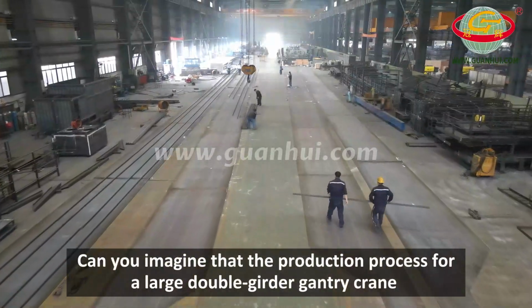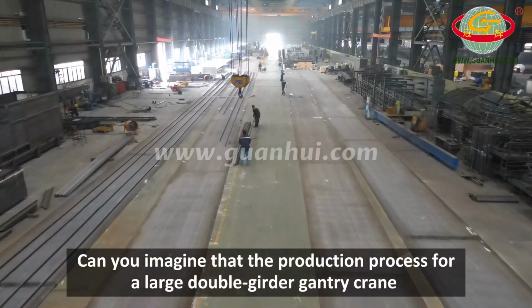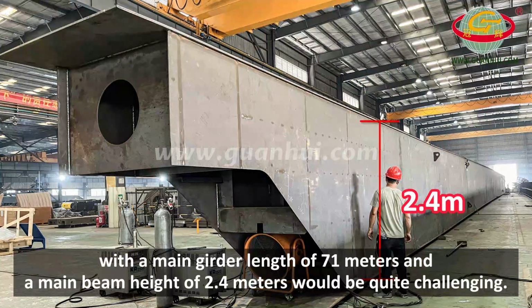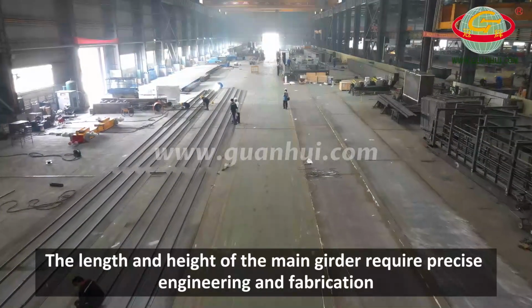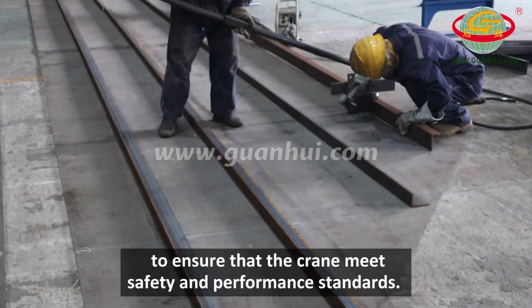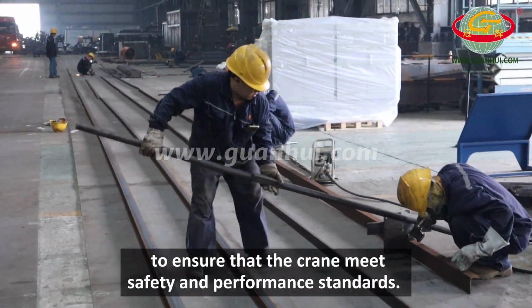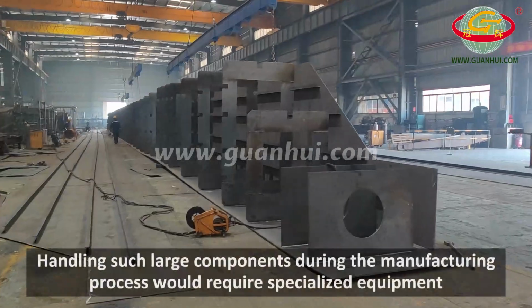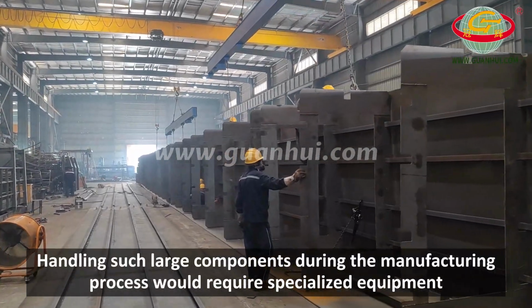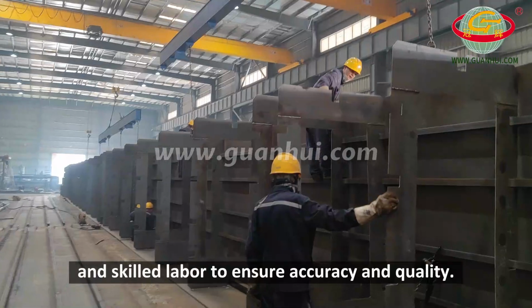Can you imagine that the production process for a large double girder gantry crane with a main girder length of 71 meters and a main beam height of 2.4 meters would be quite challenging? The length and height of the main girder require precise engineering and fabrication to ensure that the crane meets safety and performance standards. Handling such large components during the manufacturing process would require specialized equipment and skilled labor to ensure